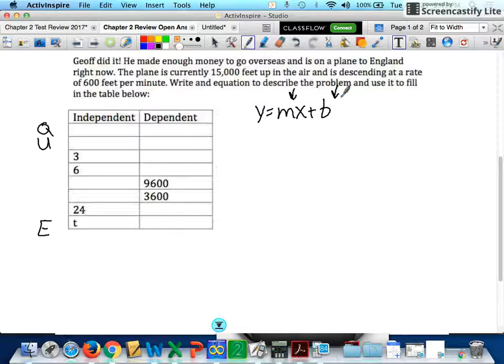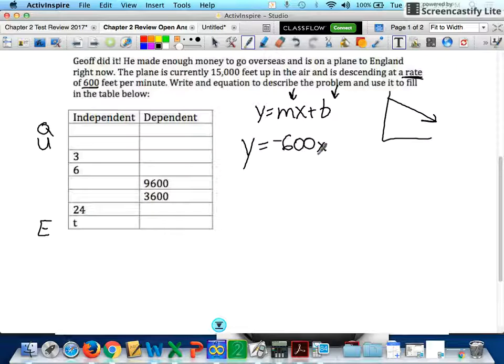Okay? My slope is my rate of change. What's changing is that we are descending at a rate of 600 feet per minute. So I have y equals, and now I know it's 600, but our plane is going down. So it's going to go down to land. So it's got to be a negative